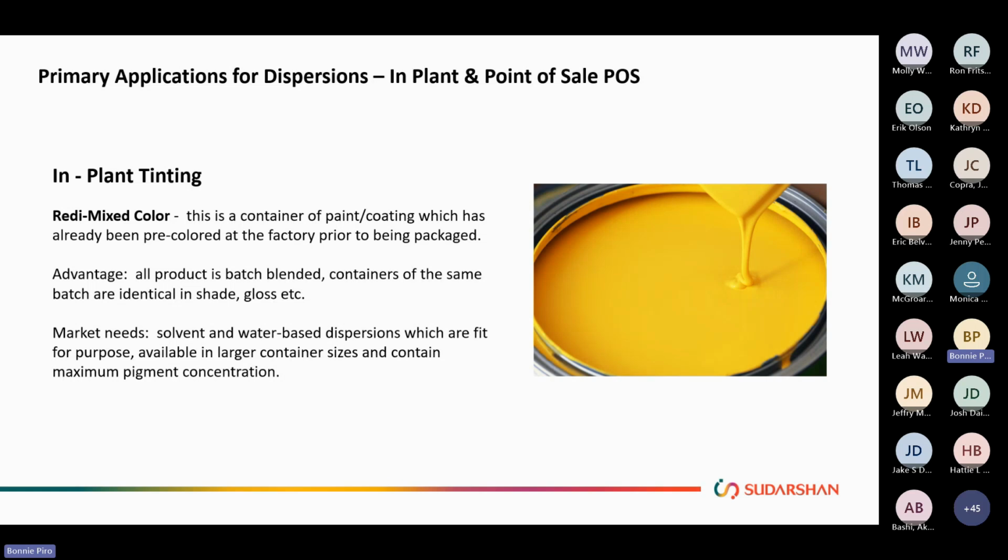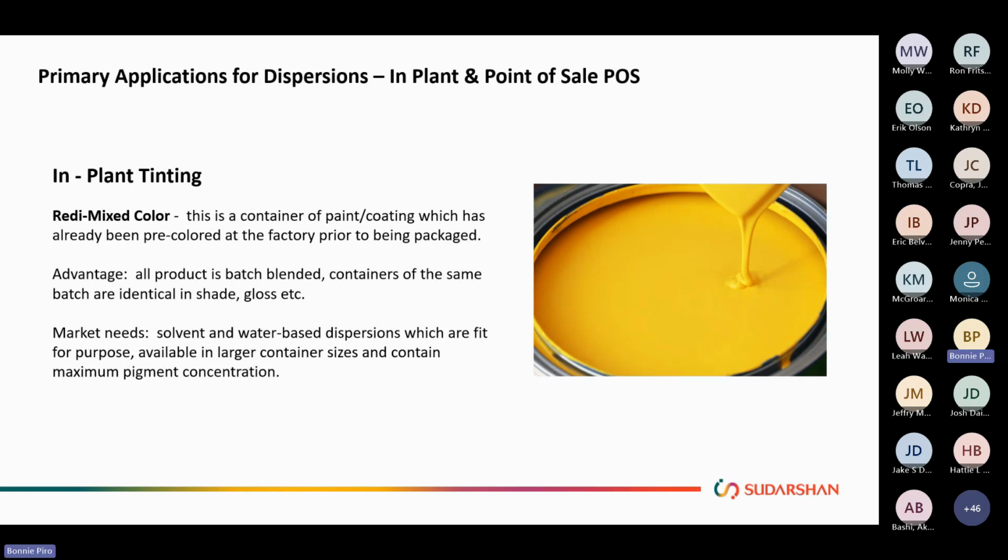These provide the advantage that it's a bigger batch, so all of the containers of that batch are going to be identical from one to the other, so as the job continues, the color consistency is right there. So these also take on both solvent and water, and this is really intended to provide a larger quantity of the same material